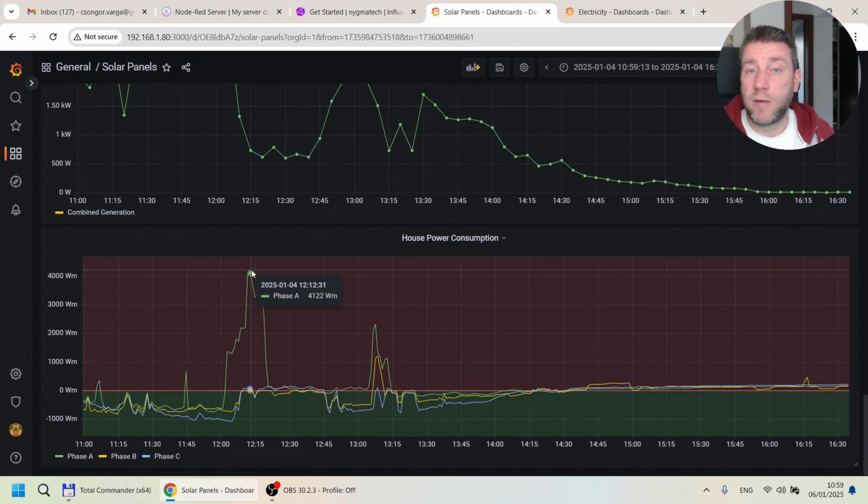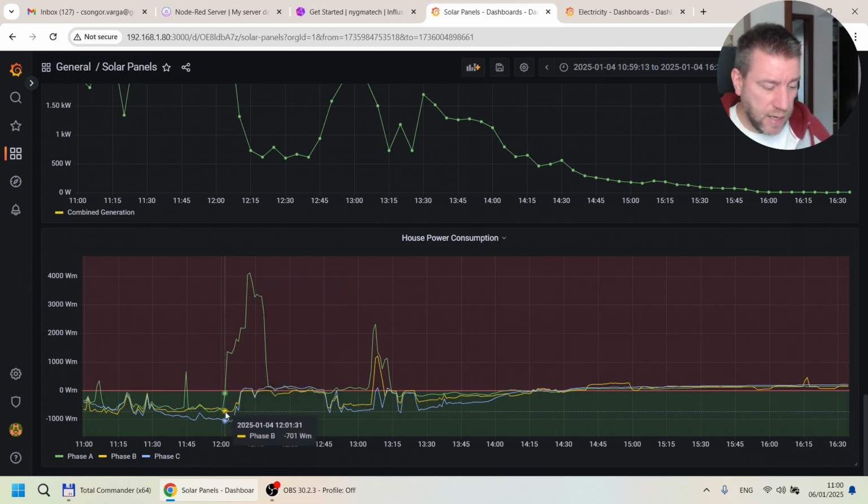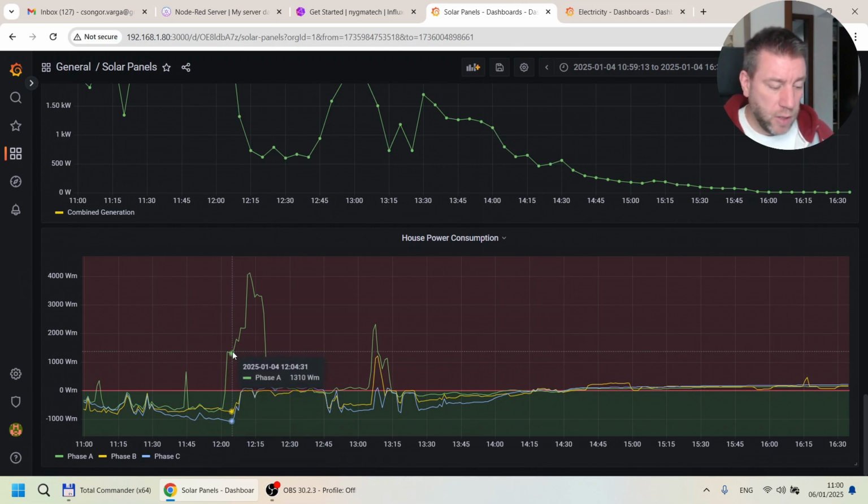Or probably it could be a combination of the hob and the microwave or the kettle. But yeah, they usually spread across the three phases. You can see that, for example, at this point, pretty much I was feeding back 700 watts to the grid, 1000 watts on the, I mean, sorry, this is consumption, this is not power. But then on the other phase, it was almost the same as the other two phases combined, electricity use from